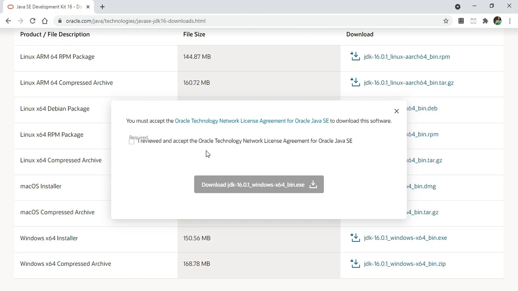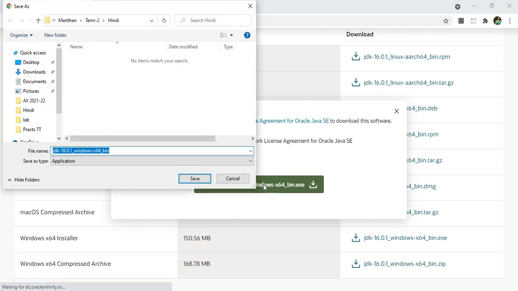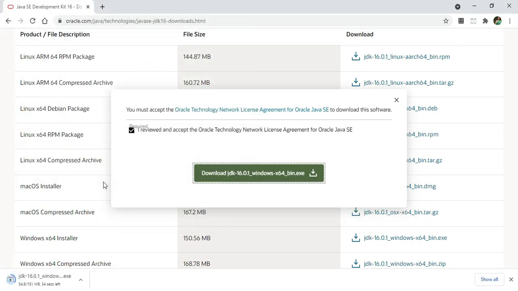It is showing you the license agreement from Oracle. You have to just click on this check mark. Unless you click on the check mark, it will not allow you to download. Now click on download JDK 16.0.1. It is going to download an executable file. Now it is asking me the path where you want to save. This is optional, since I have set my browser setting that whenever I am installing any software, it asks for the path. Okay, so friends, you can see over here the JDK 16 download is completed and it is an executable file.